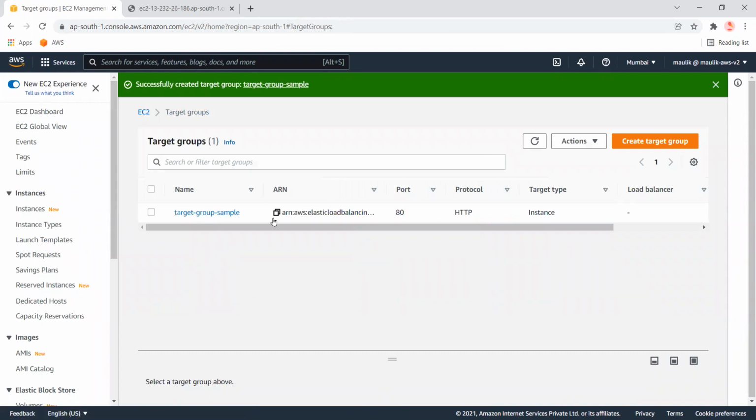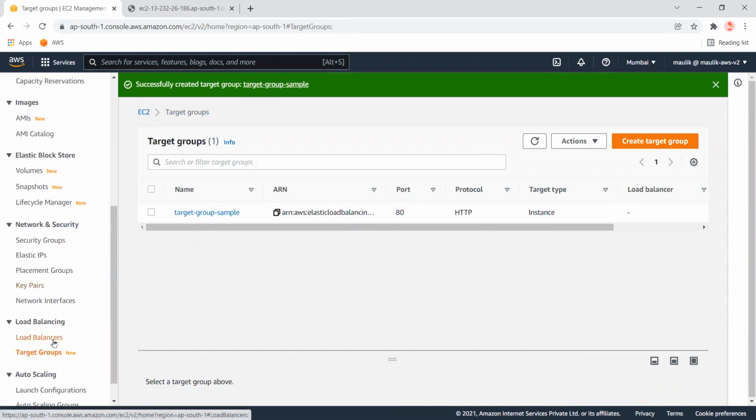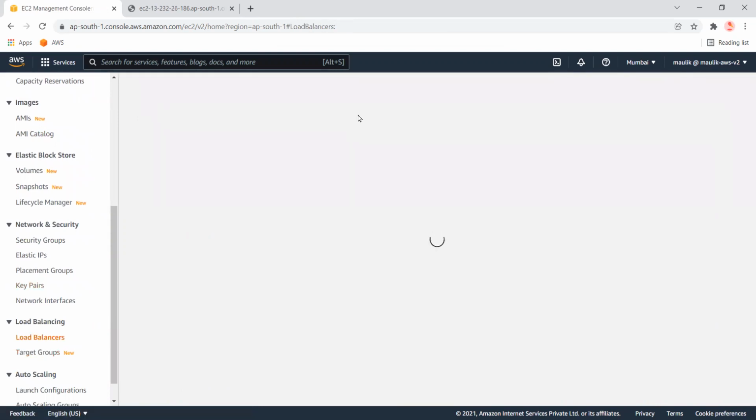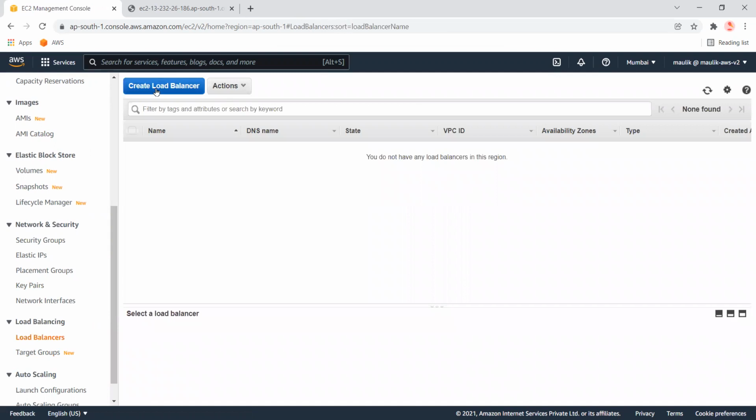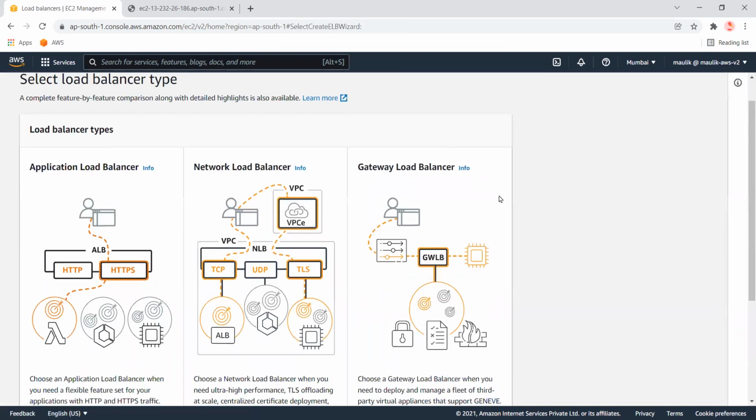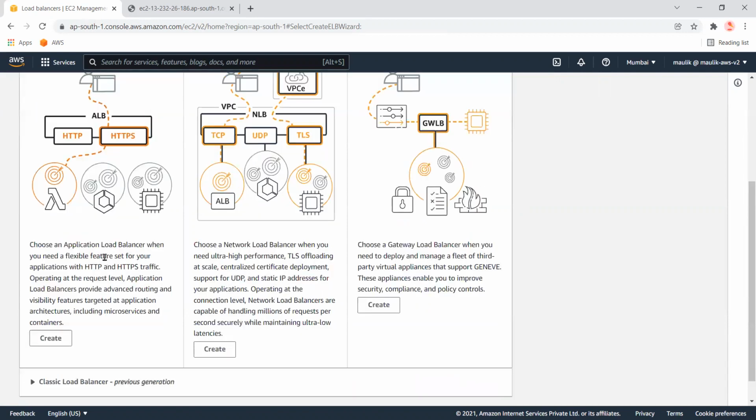Okay, it is ready. Now let's go to the load balancer. Here there are a lot of options, and you can just ignore the other two options. Usually we use the application load balancer, which gives better options to select the traffic based on conditions.